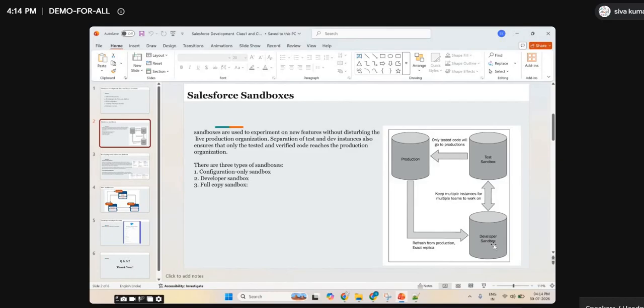Whichever is working, only that will be given to testing. Will they send for testing the ones which are not working? For example, I ask you to prepare one document. You'll try multiple things, and finally you have multiple drafts. The final draft will be different and the previous drafts will be different. Yes or no? Yeah. So only the final draft will be given to testing.